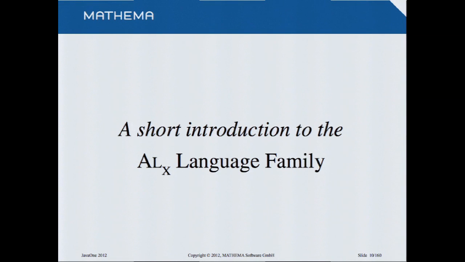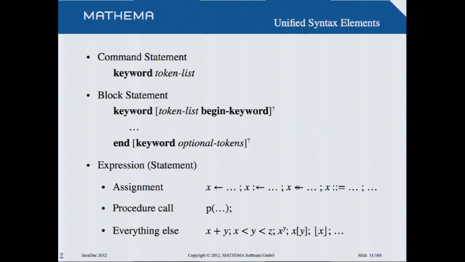That's why I created the language. It's a whole family, and the idea of this family is that you can address several problems. And I want to use only 3 different syntax elements. The first element is a keyword followed by a token list. I don't know what the tokens mean. The compiler extender has to define what this means.